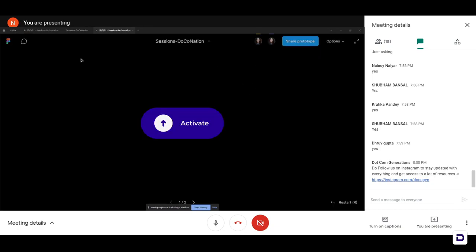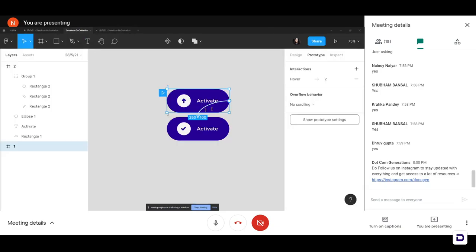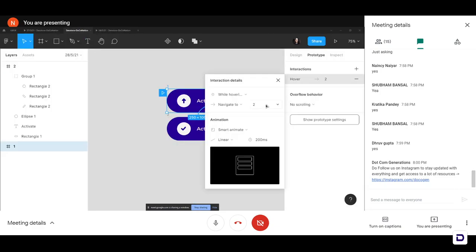Okay, so this is our little rectangle animation, the button that we can see in the beginning. Now we are going to animate it. Let's see how it works. So right now you can see the arrow transitioning into the tick mark, right? But again, we can see a little bit of the third arrow and it's not very smooth. So let's quickly change that. Let's maybe increase the speed of the animation. Maybe that will work. So let's change it to 100 milliseconds.